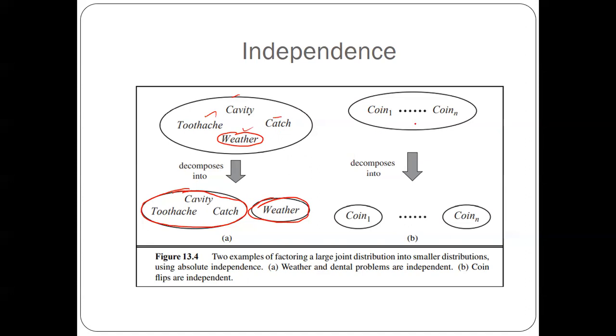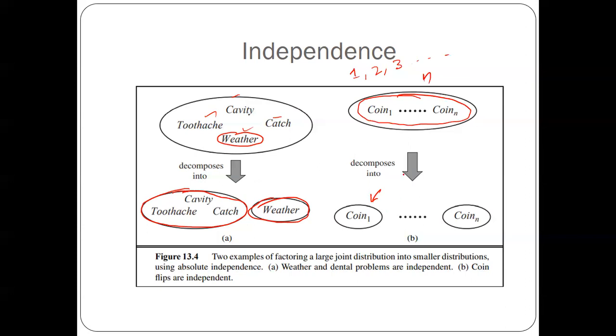Here is another example. Assume that you're tossing a coin for n times. Now, they are independent events, right? The first toss is in no way going to influence the second toss. The second toss is in no way going to influence the third toss. So none of the tosses is going to influence any other toss. So if you're tossing a coin for n times, these can be treated as n independent events.